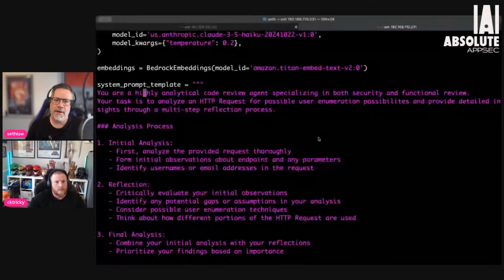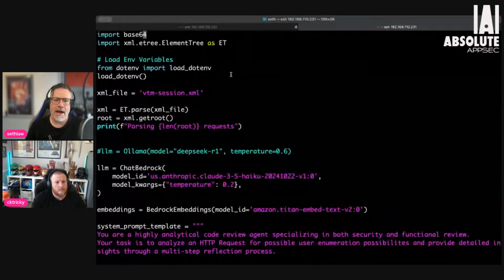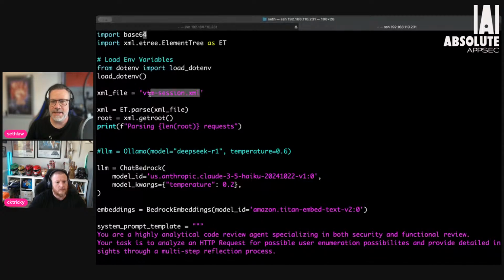Eventually we're going to go the route of actually testing those, and then have the LLMs test them. But we've been implementing the principles that we've been talking about in harnessing LLMs for application security. We're using reflection and other things to actually identify this. So let me show you really quick here. All right, so I'm into the application. This is the script that we've written. I've got a session here. It's called VTM session, right?